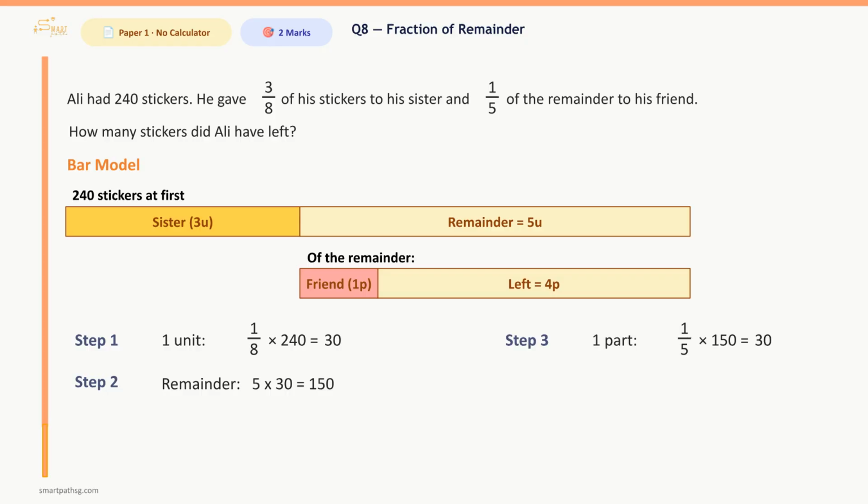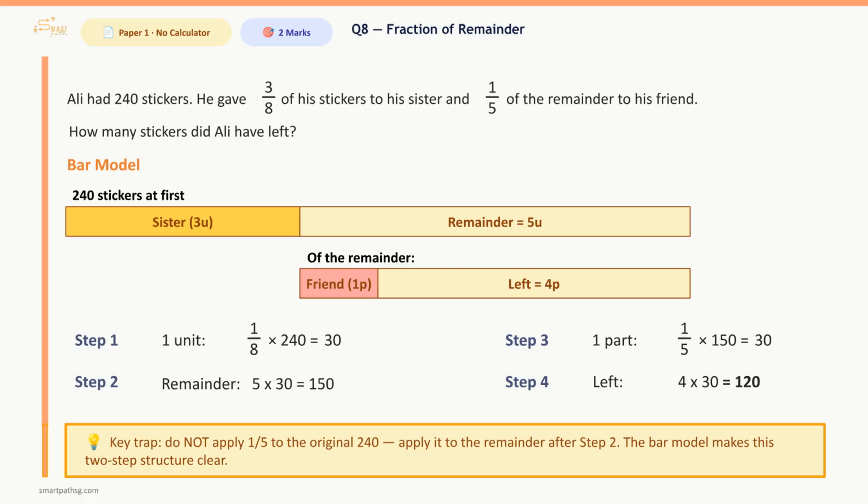The 1/5 to his friend is 1 part of the remainder, or 1/5 times 150, which is 30 stickers. This leaves 4 parts, or 4 times 30, which is 120 stickers left. The bar model helps make it clear that 1/5 should be applied to the remainder after step 2, not the